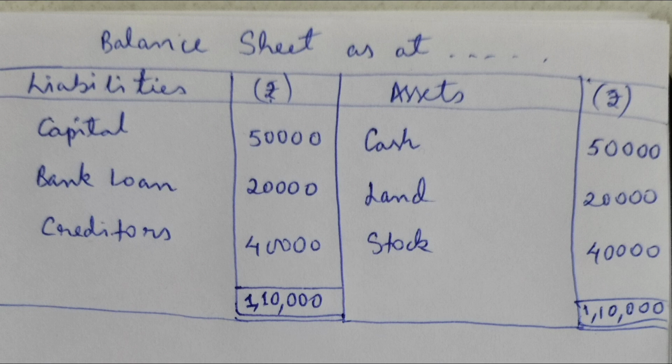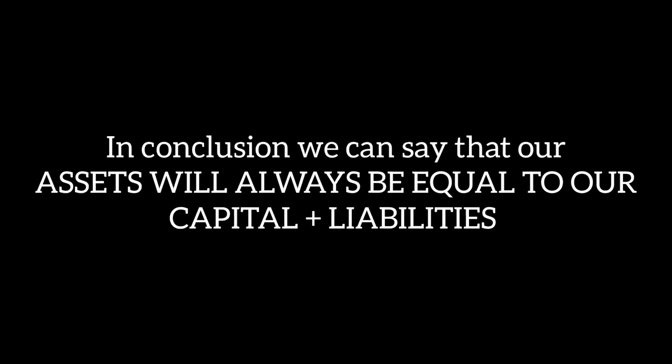Hence, in conclusion, we can say that our assets will always be equal to our capital plus liabilities. No matter whatsoever happens in the business, this accounting equation will always hold its place. Our assets will always be equal to capital plus liabilities. So I hope you have understood the basic